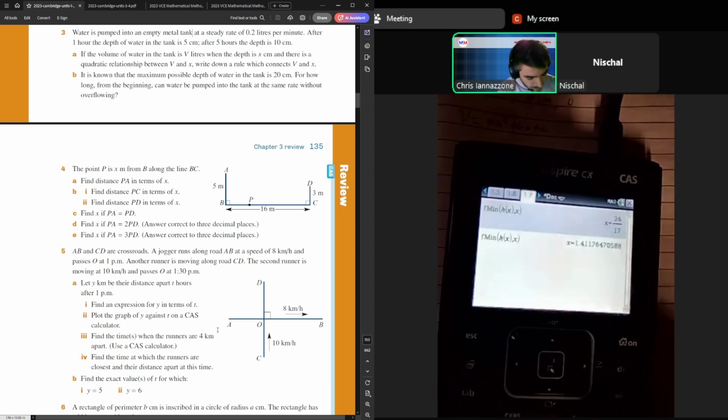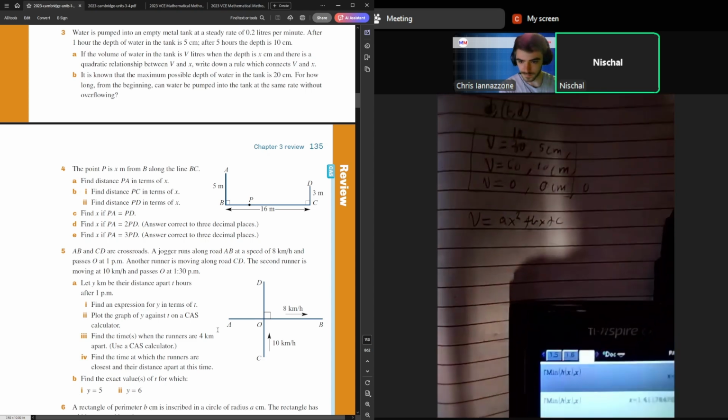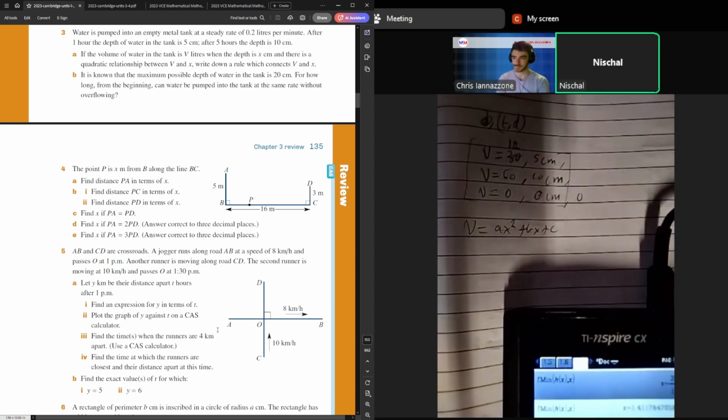You could. Yeah, it wouldn't be that big. What is our x and what is our y in terms of this, because v is our volume and x is depth, so it's a volume-depth relationship. Yeah, exactly. Your y is going to be the volume and your x is going to be the depth. That checks out. So we're just calculating: for what value of depth do we get a specific volume? Right. So when you just put it into the CAS, it would just become